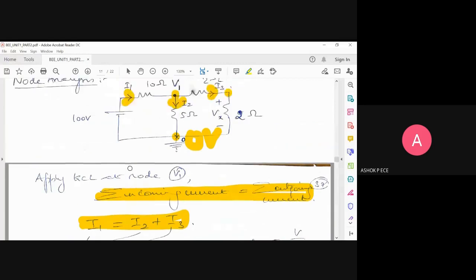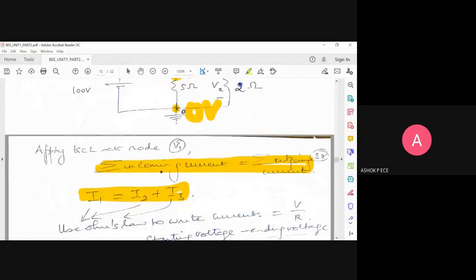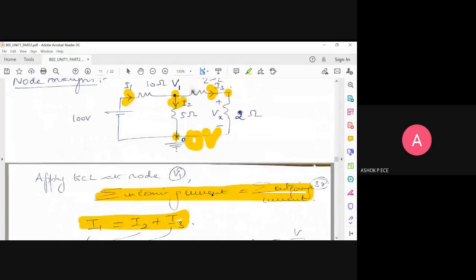Here, there is no direction for current. Always incoming current equal to outgoing current. If you have 5 outgoing currents, you have to add all the 5. No subtraction or other things here. Like KVL, where the voltage depends on the direction of current, we use I1 minus I2 and I2 minus I1, right? In Kirchhoff current law, it is very simple. Incoming current equal to outgoing current. I1 equal to I2 plus I3.